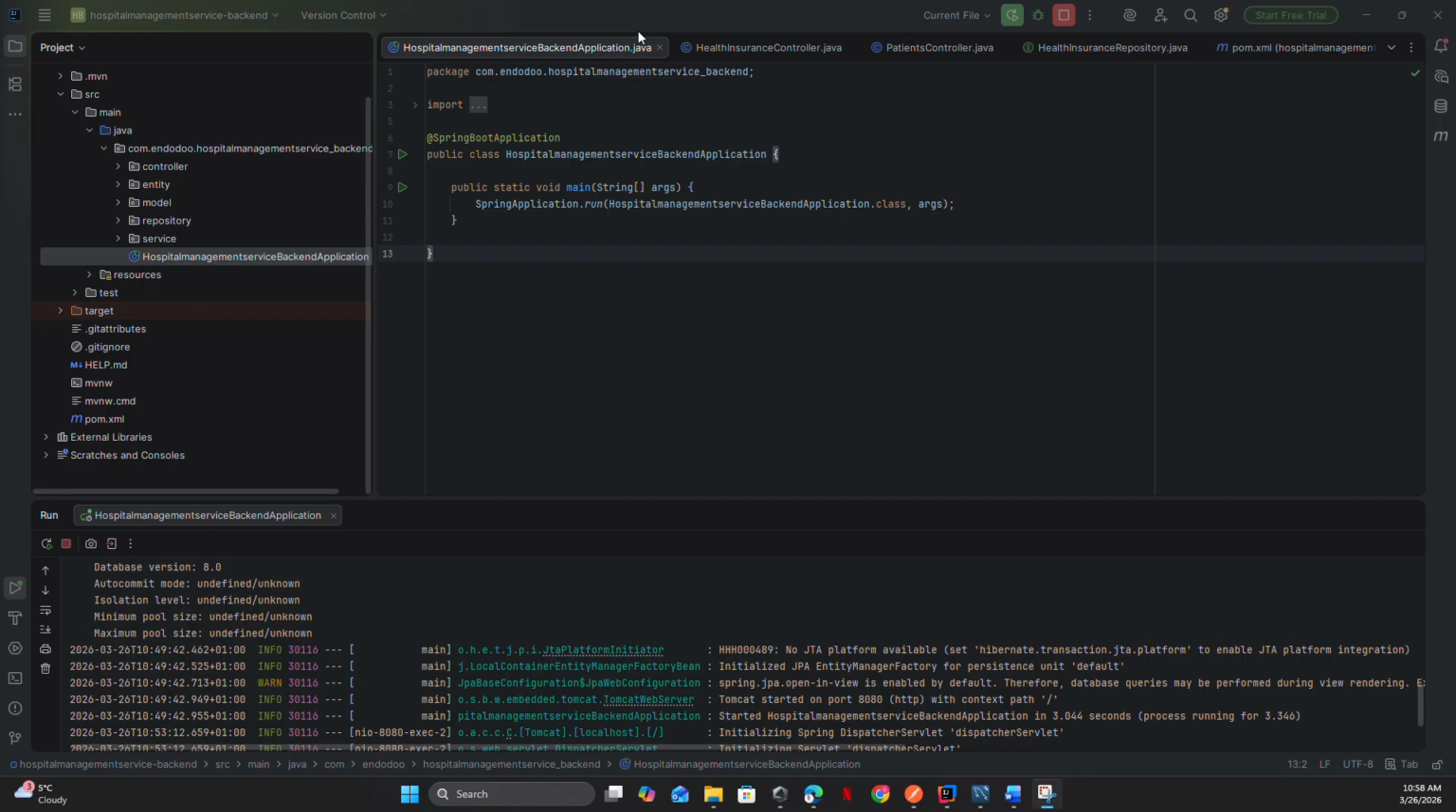Okay, so first of all, I'd like to tell you what I did. I created a hospital management system web application, and this is specifically a back-end web application. I created this to enable hospitals to manage their patients, doctors, diagnoses, and insurances very